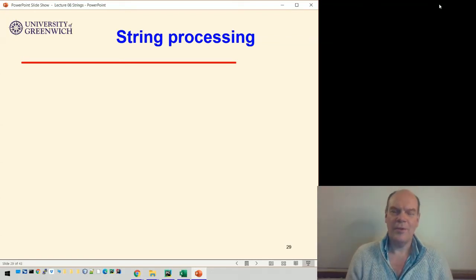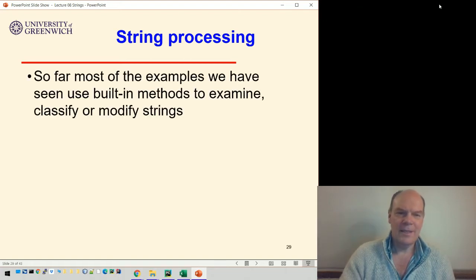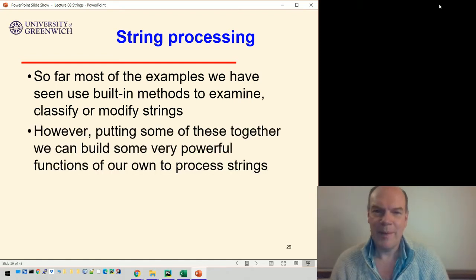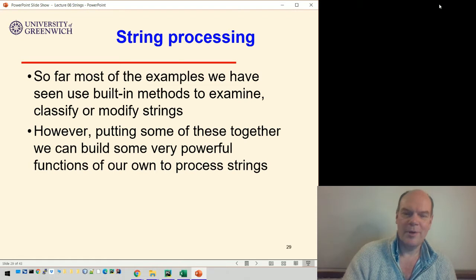Okay, so now we've got quite a few techniques under our belts. We can see how we can do some much more advanced string processing by using a combination of those methods. Most of the examples we've seen so far have used built-in methods to examine, classify, and modify strings. But putting some of these together, we can build some powerful functions of our own to do processing of